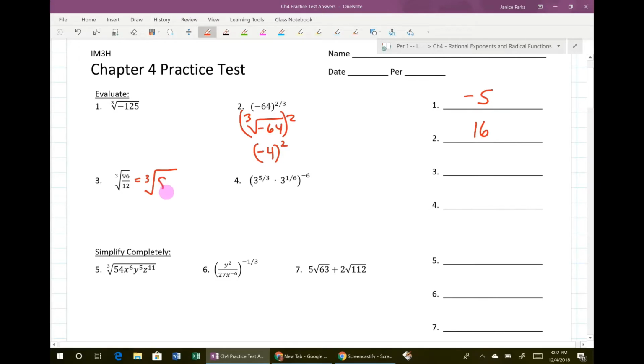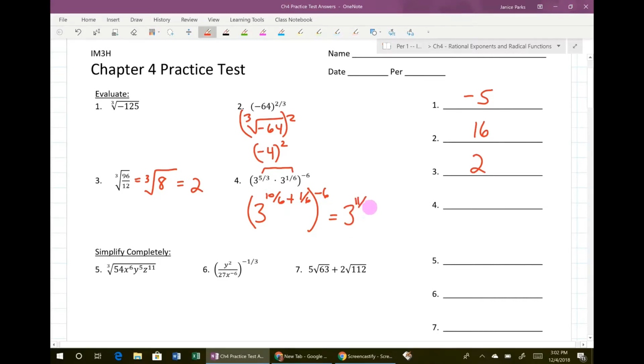That will give you the cube root of 8, which is 2. If you'd rather go into primes and reduce that, that'll work as well. For number 4, you're going to add the two exponents. So 5/3 is 10/6, plus 1/6, to the negative 6. So when you add that, you get 3